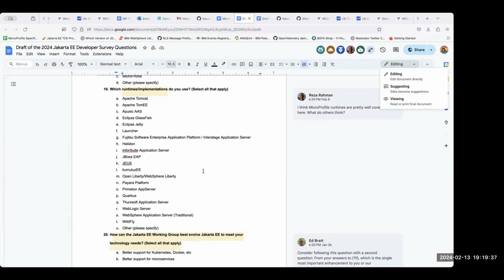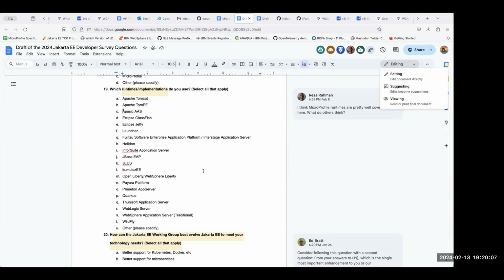All of them in one box, and we can participate in two boxes. If they use microservices, they can use Quarkus or Liberty or other things. And if they use the full platform, they can select WildFly or JBoss or other things.